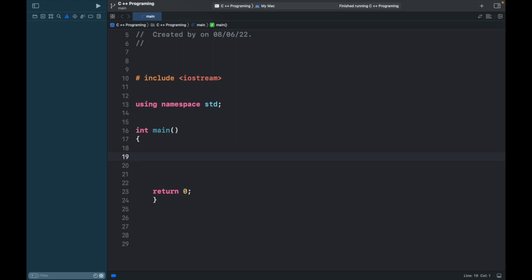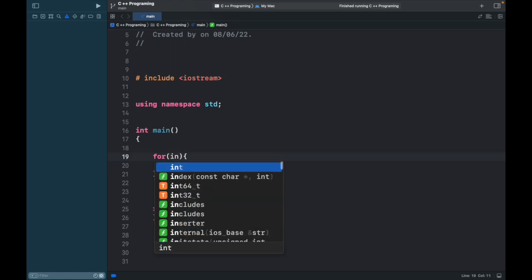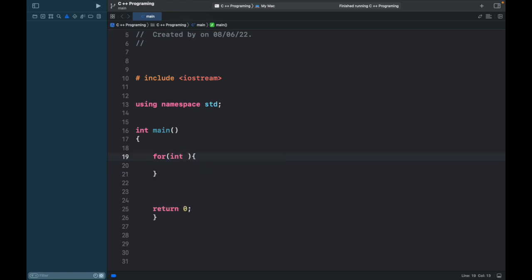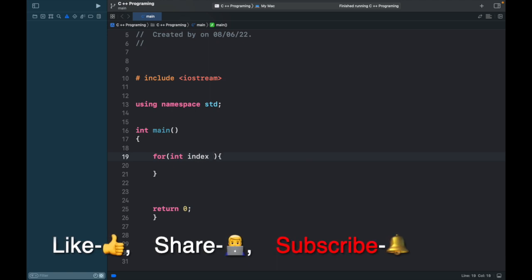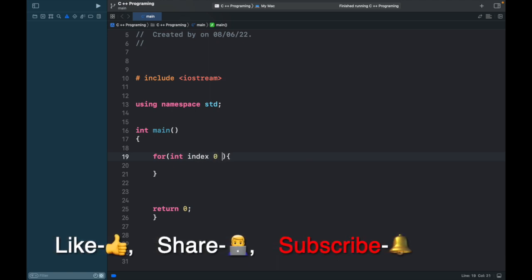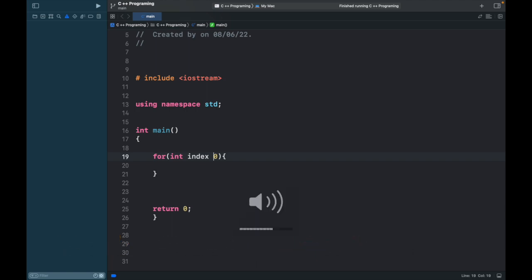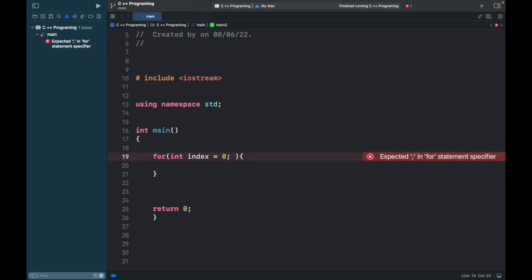So what we can do is simply we can use loops. So let me define a for loop for that. So for, and then we initialize an index and let it be 0 at first. And now we'll need a condition that we'll apply on it. So that condition will be, as we need to print our cat 5 times, till our index is less